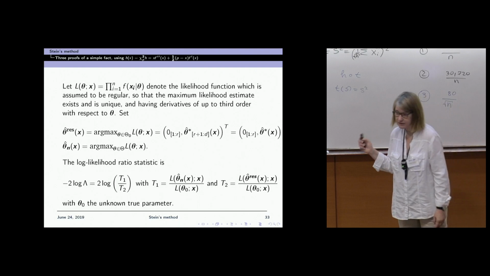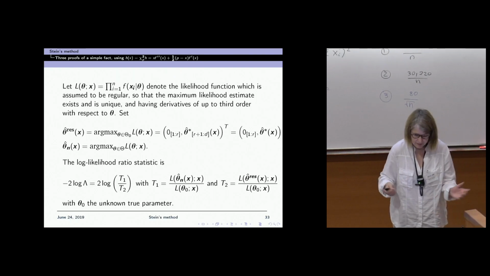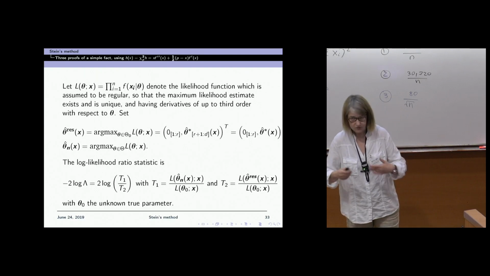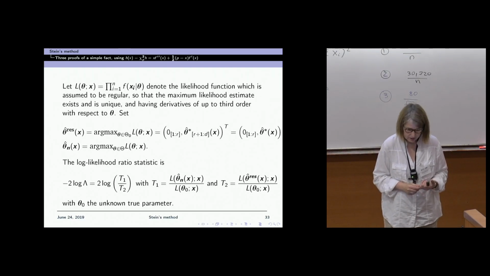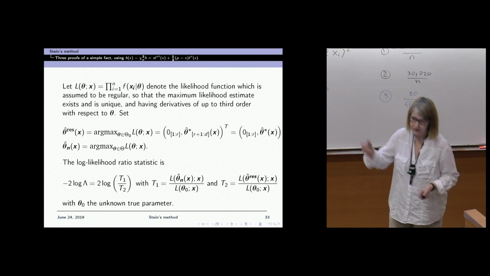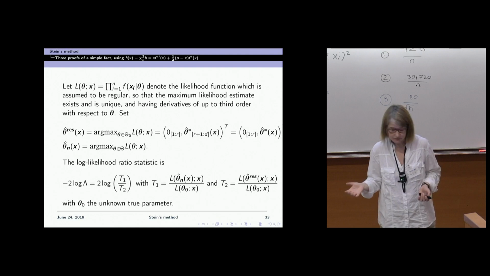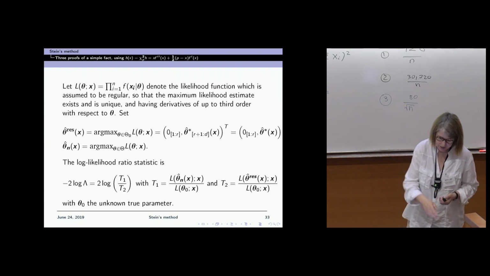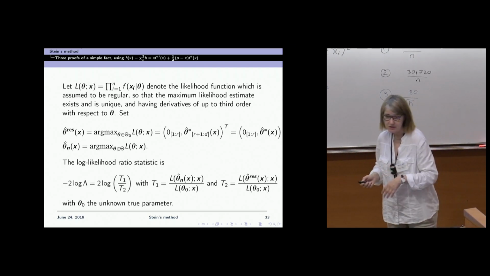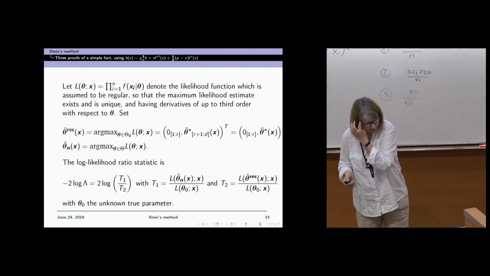So L of theta, x is the likelihood function. And we assume that the maximum likelihood estimator exists, is unique, and has derivatives up to third order with respect to theta, so that we have nice analytic properties. And then we estimate theta under the null hypothesis, which is theta hat res. And we estimate theta under the general alternative, which is just theta hat n. So for theta hat res, estimating under the null, we keep the first r components and just write them as 0. The log likelihood ratio statistic is then